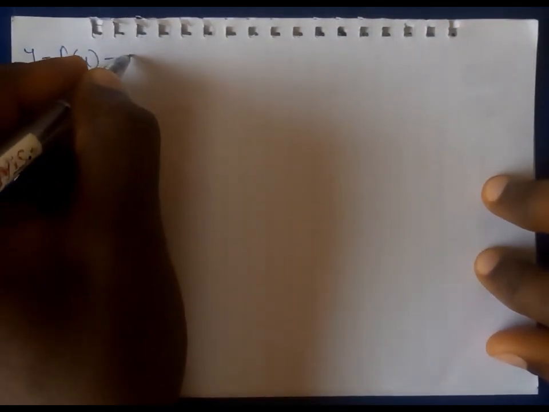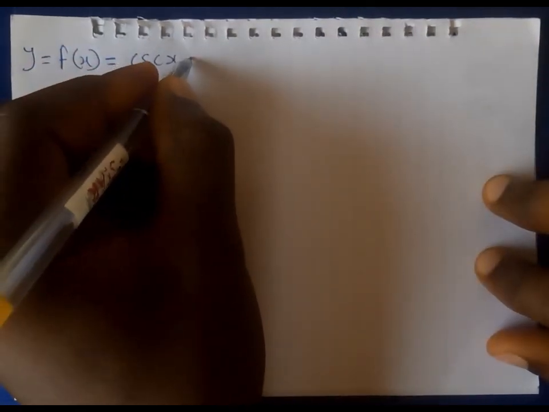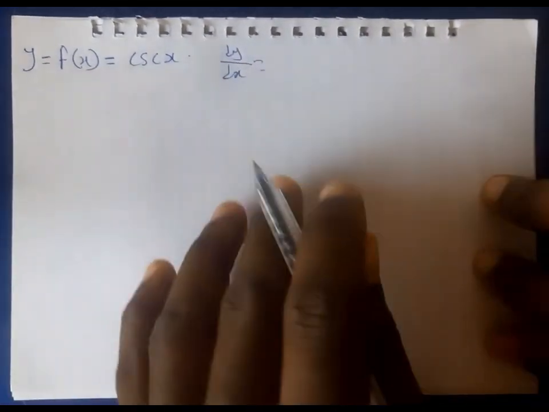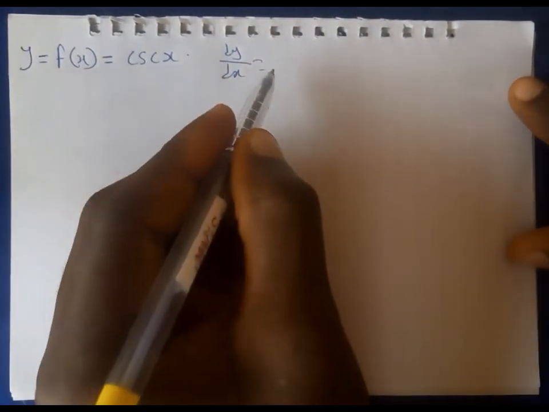Hello viewers on YouTube. In this video tutorial, we are going to prove the derivative of cosecant x. So what says the derivative of cosecant x? It says that if y is equal to f of x and f of x is equal to cosecant x, then the result for the derivative, dy/dx, is equal to negative